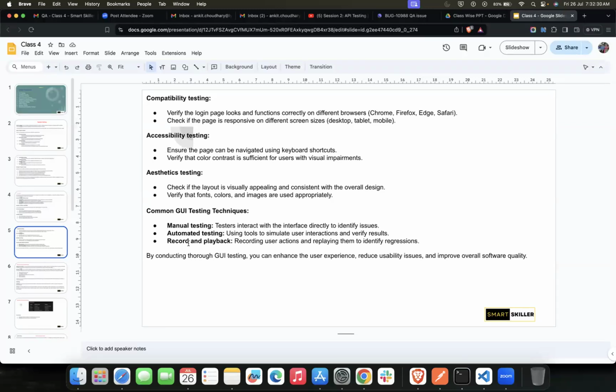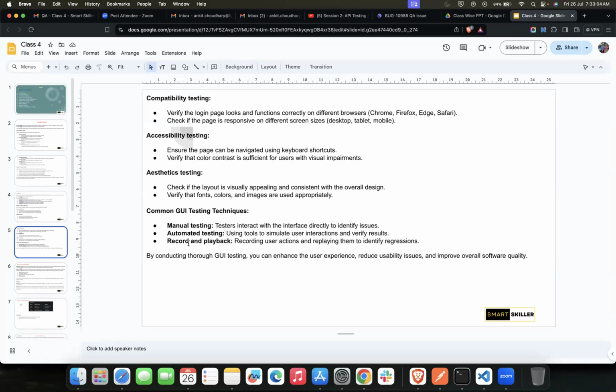The first one is manual testing. I guess you might have an idea of what exactly manual testing is, where we do the testing manually. Yes, correct. A person uses the software and checks whether the functionalities are working correctly or not. All the effort that the person makes is manual. He'll do the testing in person.